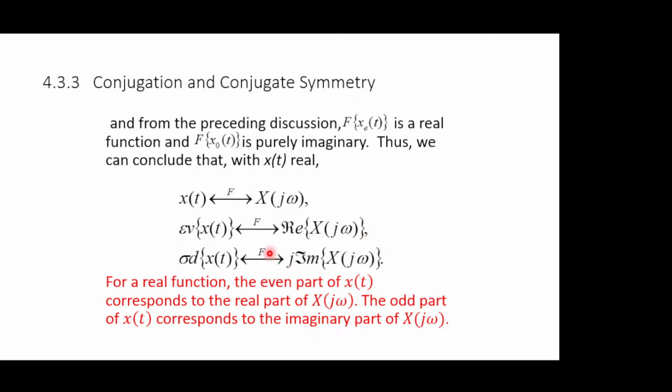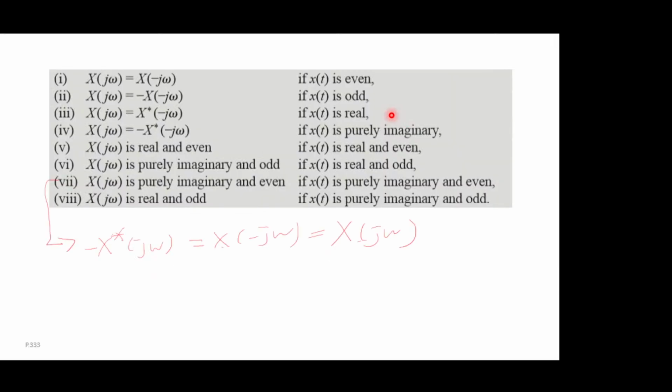So we see that the Fourier transform of the real part, this should just be the Fourier transform of the even part, it must be equal to